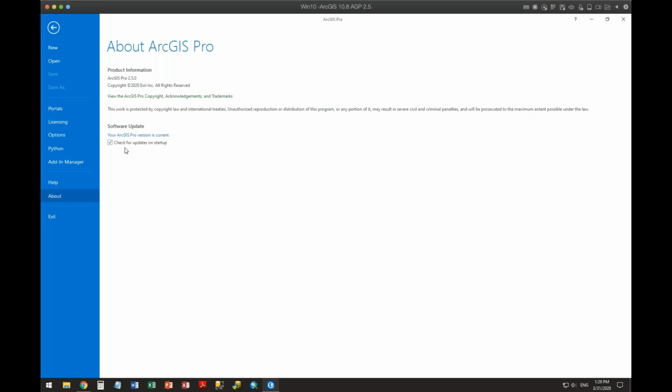Okay. So Larry also wants to know if you can expand on the relationship between Pro and AGOL and Enterprise for licensing access, data sharing, etc. Can you talk about that a little bit? Okay. So one of the other differences with Pro is that it is written from scratch to work with web services. So again, it understands what data structures you're working with and adjusts itself to do that.